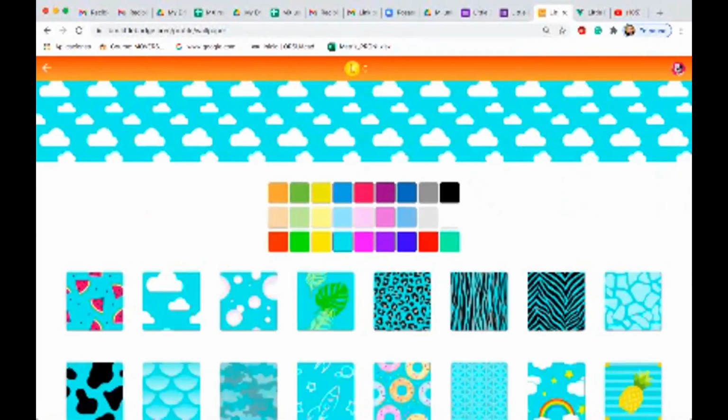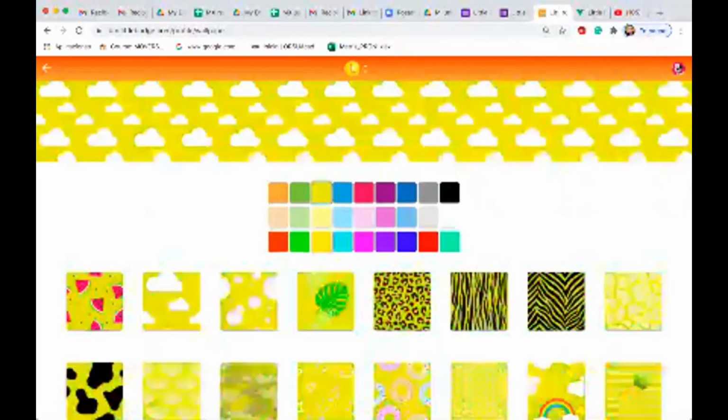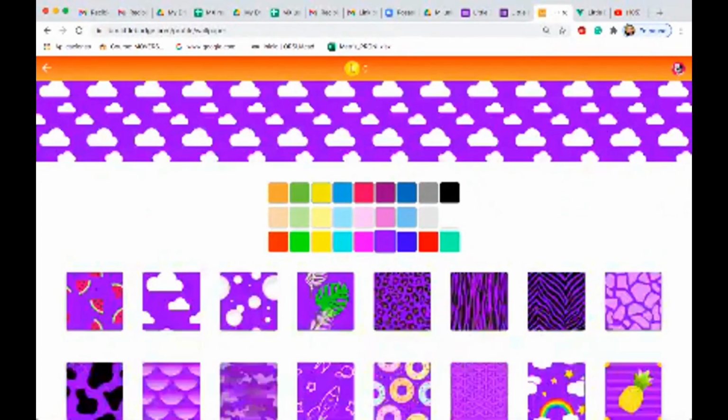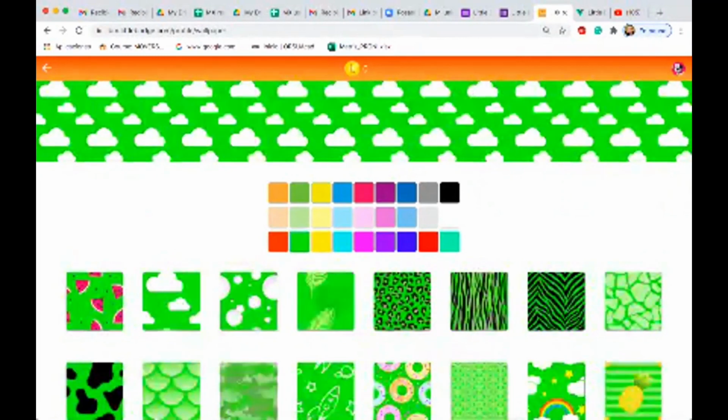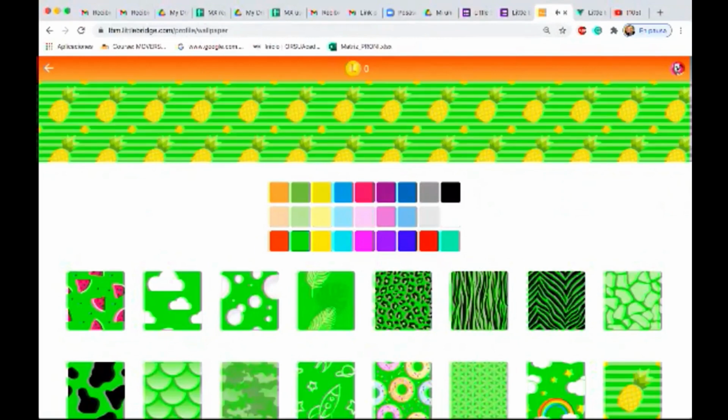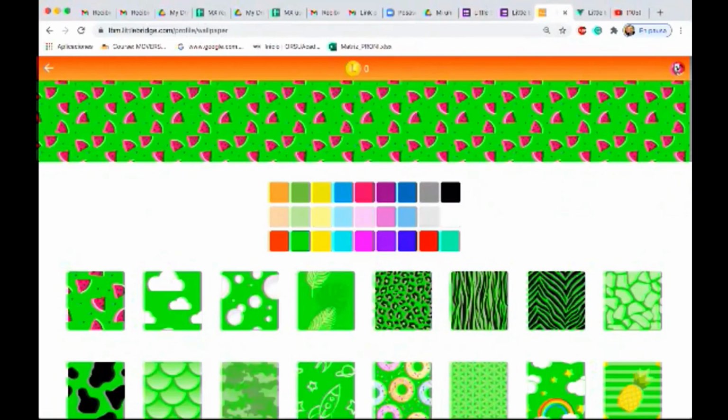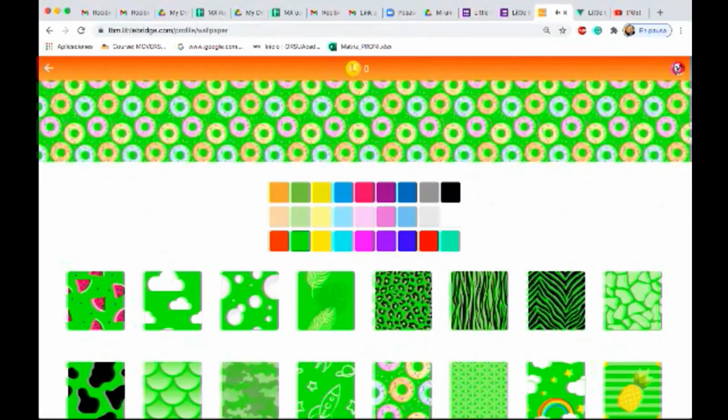I click on the brush, and look, all the colors we have. Let's make it yellow. Let's make it purple. Let's make it green. Let's put some pineapples. Oh no, watermelons or donuts. You see, you can change it.